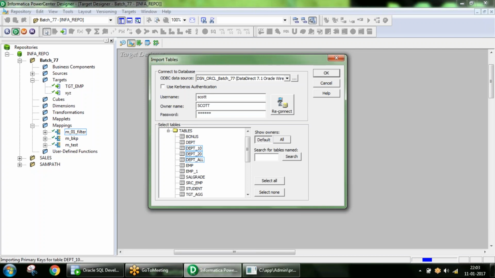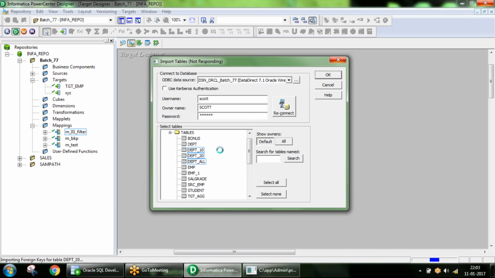So I'm importing them at a time. We are importing three tables.